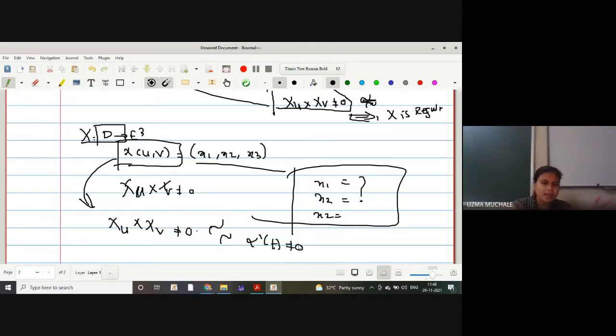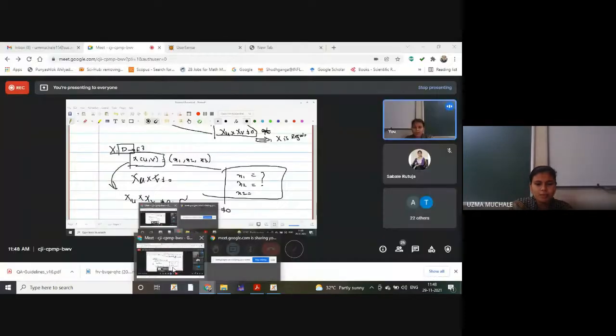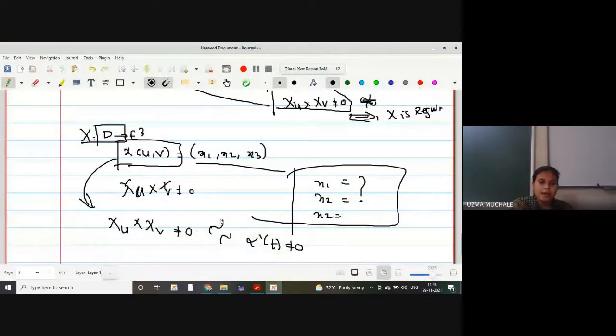Yes, are you getting that xu and xv are nothing but the derivatives with respect to u and v. x is some function. Now you have to find the derivative with respect to u and v, just like alpha dash of t. Here there was only one parameter t, so we found the derivative alpha dash of t, but here we have two parameters, that is xu and xv.